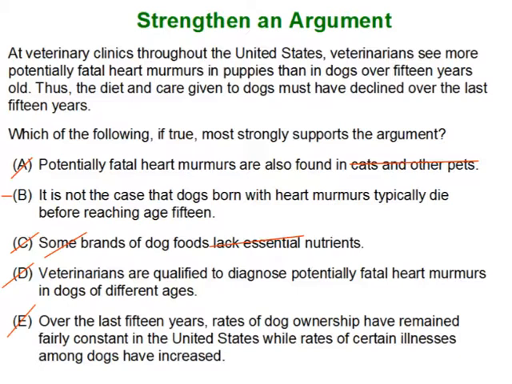This is atypical. This is strange. Therefore, we need to search for a new cause. We need to search for the agent behind the fact that these puppies are sick. That's what B does to logically reinforce this argument. So, very tricky spin. It has nothing to do with diet and care and everything to do with linking the